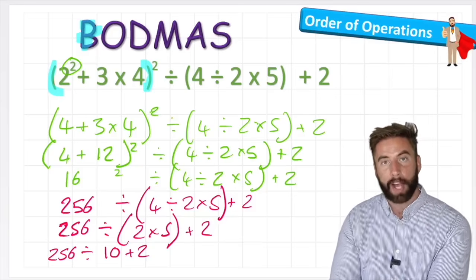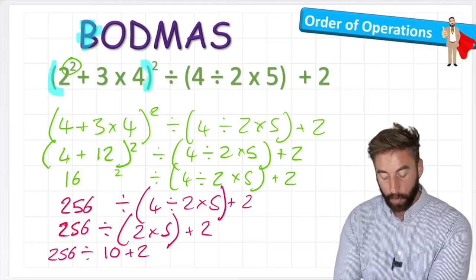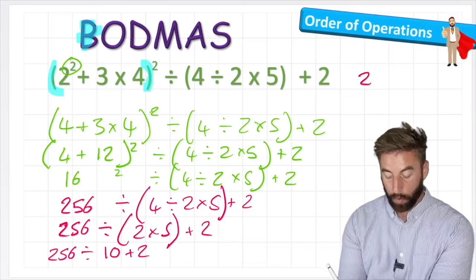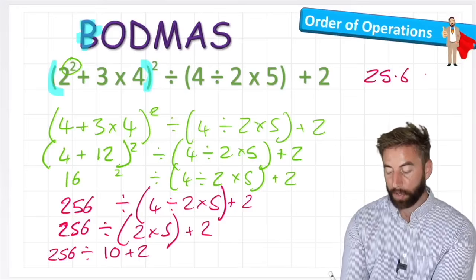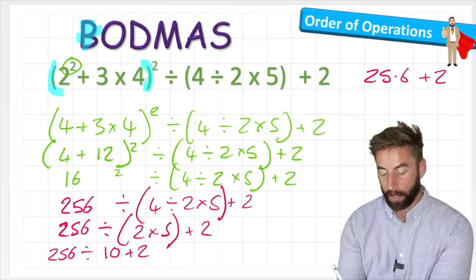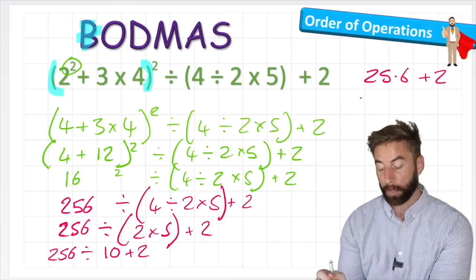And I'm going to have to work out the division first because that's first in my BODMAS before the addition. So I can do 256 divided by 10, which would be 25.6. And I'd have my plus 2. Now I'm ready for my final line where I can solve the final part, the addition, and 25.6 plus 2